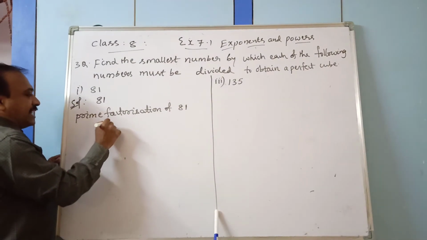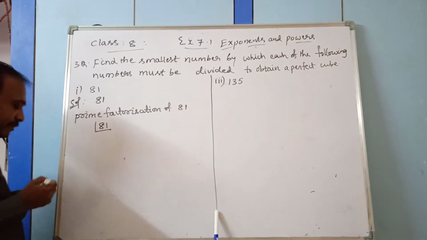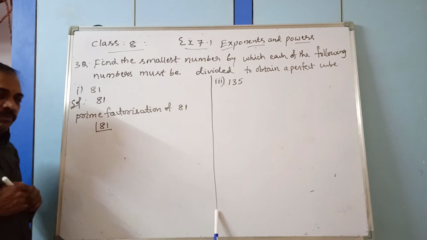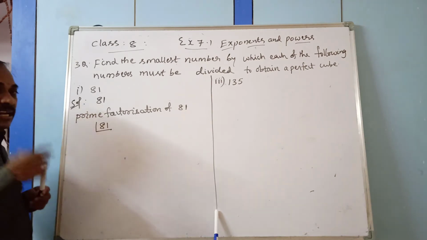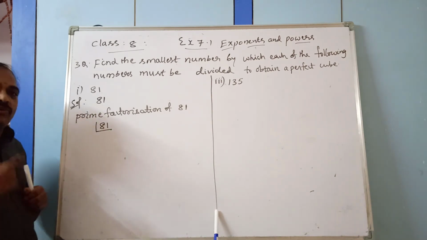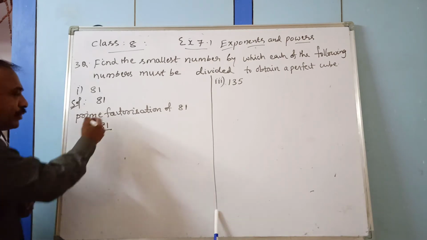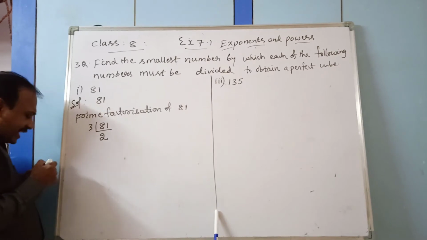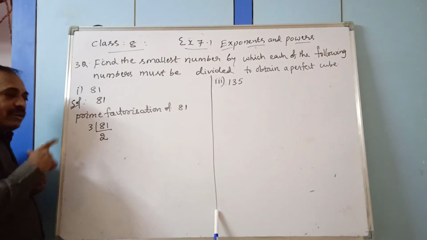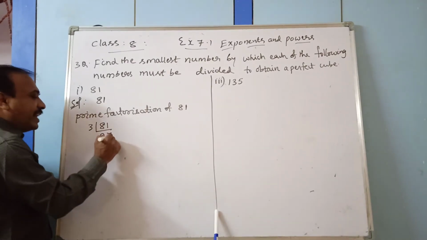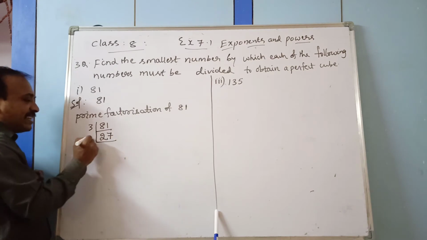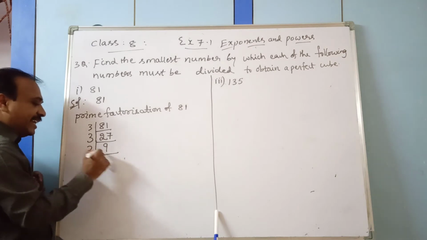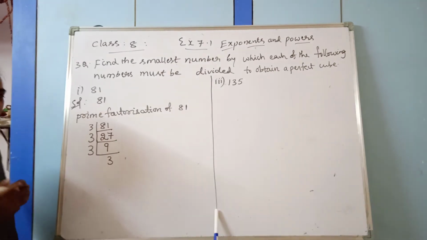Observe it. As we know the divisibility rules, the first prime number, least prime number is 2, but 81 with 2 is not divisible. So we go to 3. 3 divisibility rule we know, 8 plus 1 is 9, so the sum is divisible by 3, therefore the number is divisible by 3. 3 2s are 6, the remainder is 8 minus 6 is 2 and 1 is 21, 3 7s are 21. Next 27 is there, so 3 9s are 27. Next 3 3s are 9. Now you see all are prime numbers only, right?